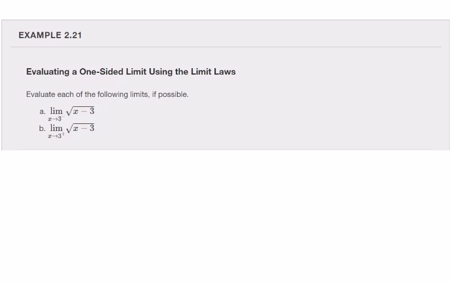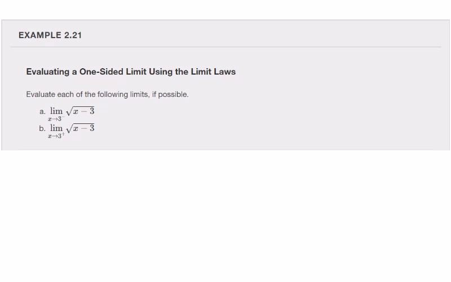All right, let's take a look at this one here. This one's an interesting one, because here we could use our limit laws, and it seems that we could directly evaluate it too. If we just plug in 3, we can see that 3 minus 3 is 0, and the square root of 0 is 0. So this is defined at 3. The problem is that